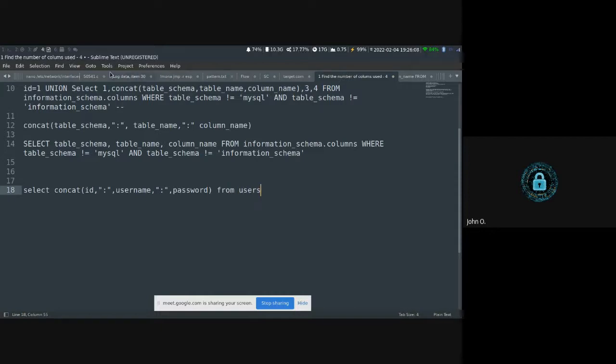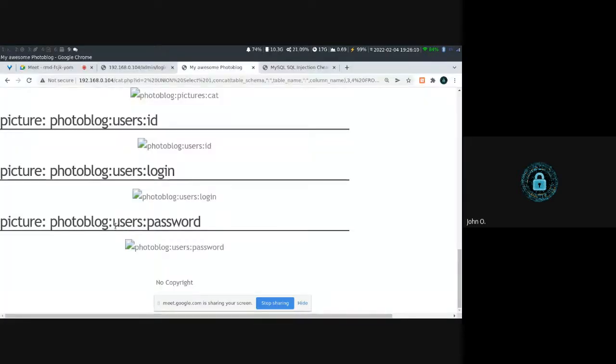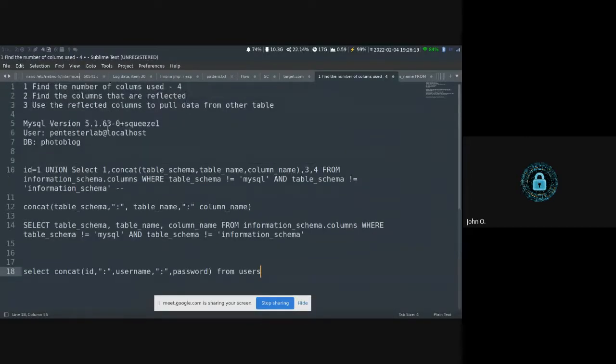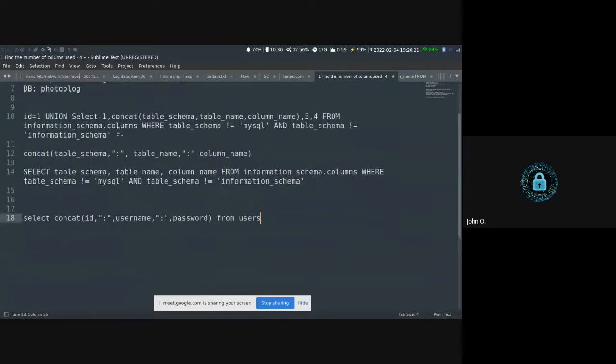If I'm not wrong, counter check. Yep, the table is called users. So we want to pick the ID, login, and password from table users, and the payload will look something like this. And we know we have to insert it here. So let's do that. So our payload will be something like union, select,